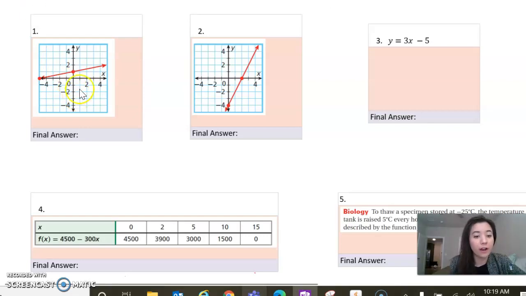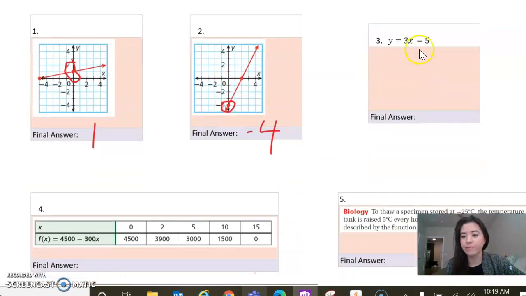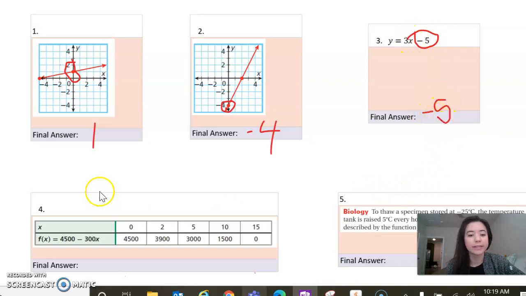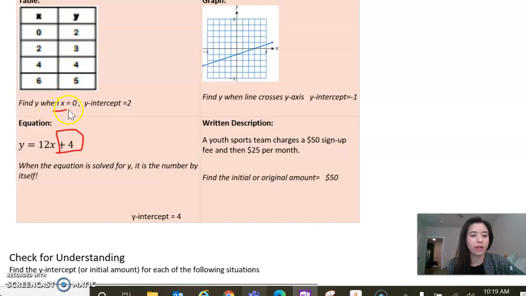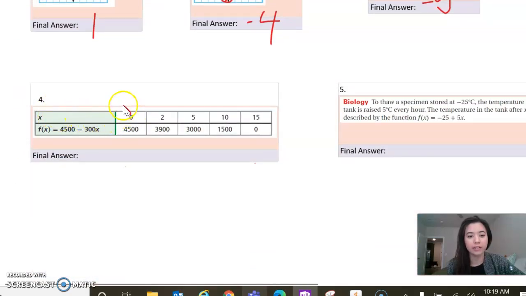Alrighty, so for the graph, it's crossing my axis right here, and that is at a value of 1. For number 2, it was crossing right down here, and that value was -4. My y-intercept from an equation is the number without the variable. So in this case, it would be -5. In my table, we're looking for when x is 0. So when x is 0, my y-intercept was